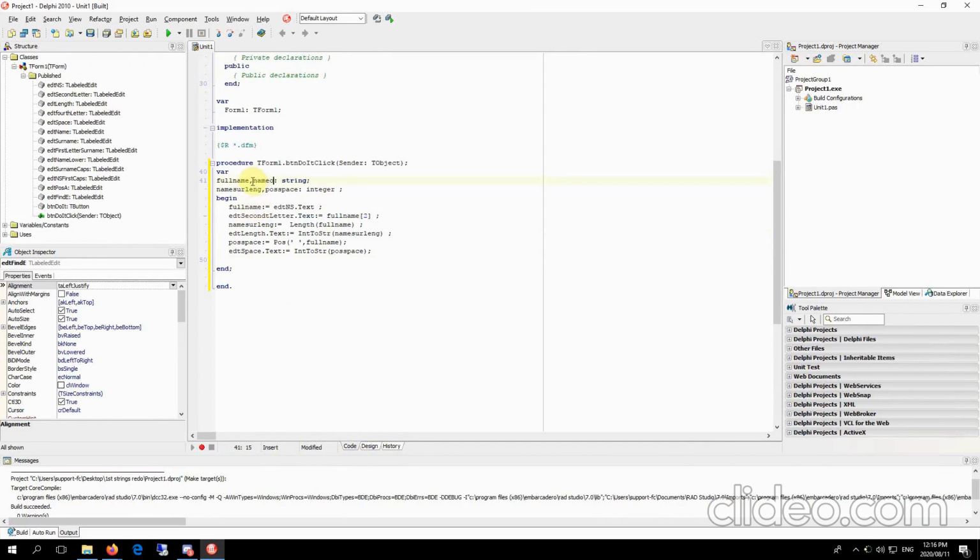Make sure you don't just write name, because name is a property inside Delphi, so you do not want to just use name. You want to have a name O or misspell name or anything that will give you an indication that it is the name only. So then we can have name only is equal to,